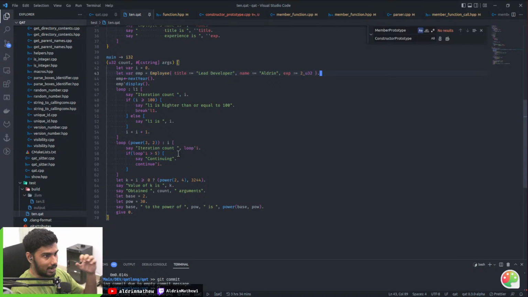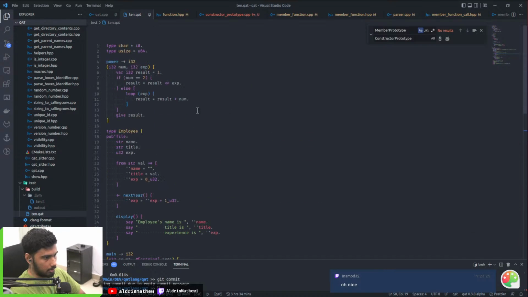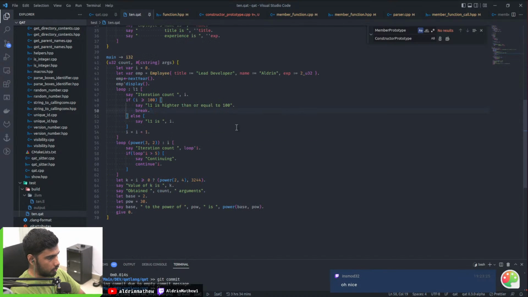And loops are taggable. You can tag a loop with a label or a tag, I guess. And when you use continue and break, you have to provide that if the loop is nested. If the loop is not nested, you can just plainly say break. So this works without problems. And there are no errors. But if the tag is wrong, that also gives an error. So this also compiles.